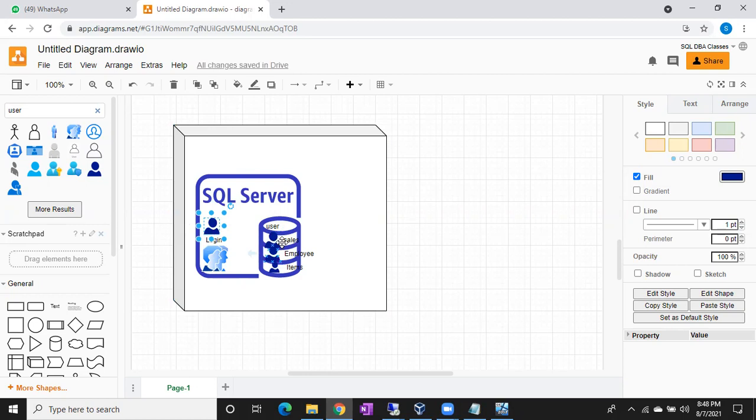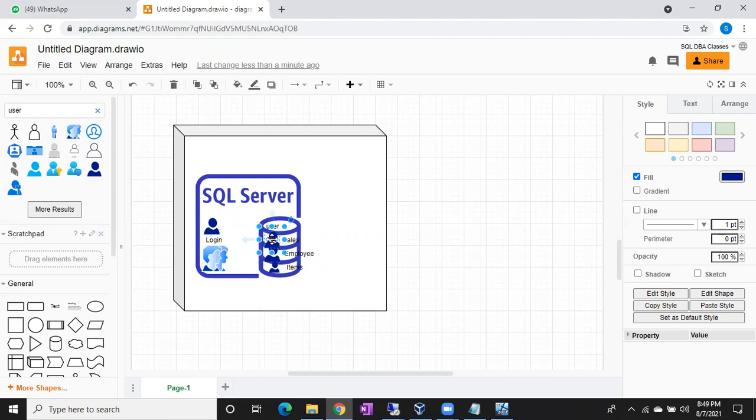Now can anyone tell me how many users I can create for a single login? 32,760. Very good, that's it. I can create 32,767, one for each database. If I give access to each database for Sudarshan, 32,767 Sudarshans will be created. They are created when you give access to a specific database; in that database only, that user will be created. That user will help you read data from the database and write data to the database.